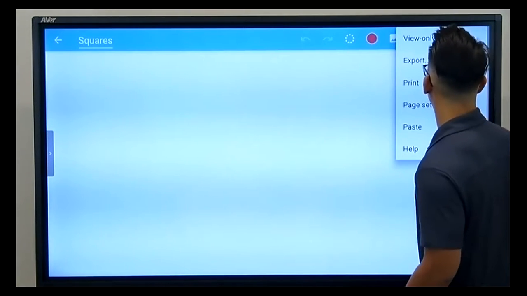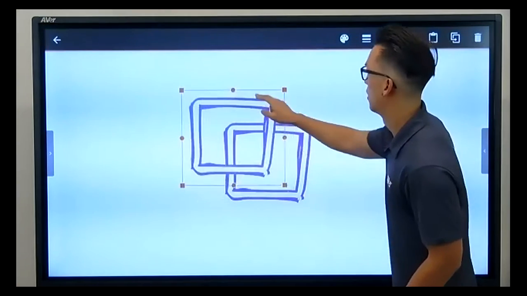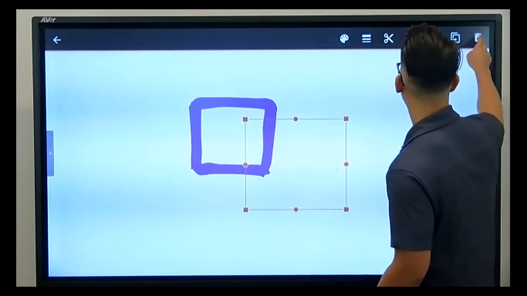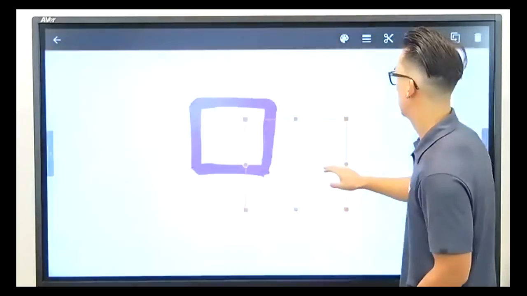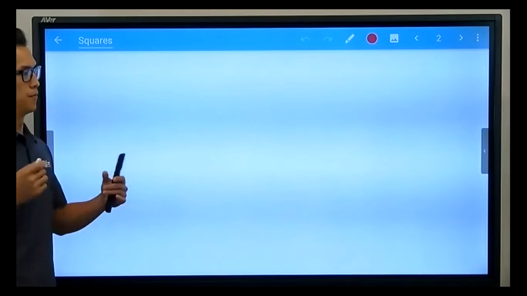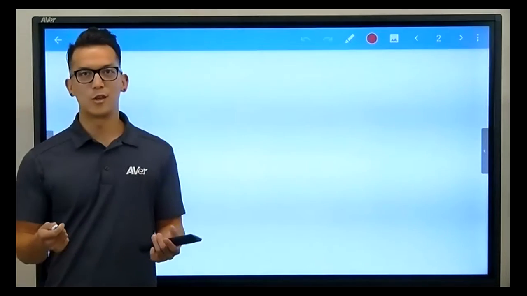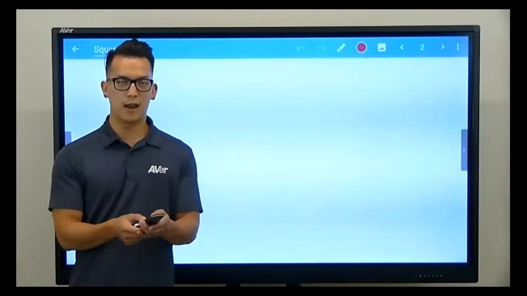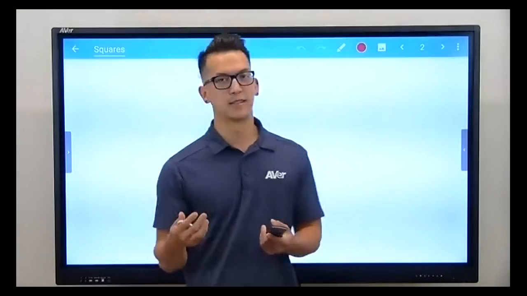But just by going here and doing paste, and there we go. And I can paste it again if I wanted to, or delete it. So that's my little square lesson. But the best thing of all is that you can pretty much insert and edit previous lessons that you've already